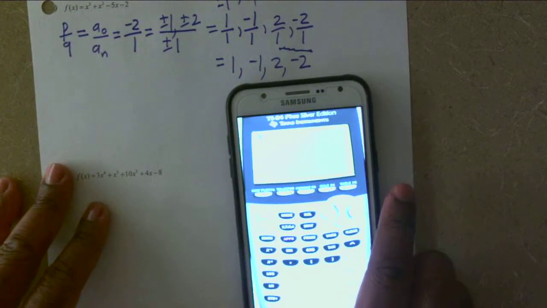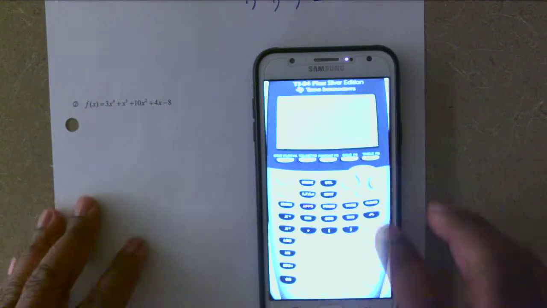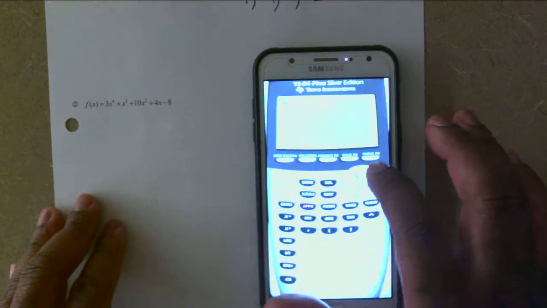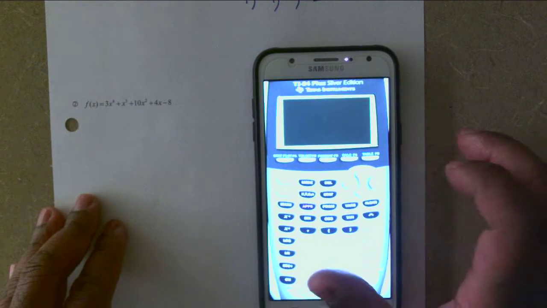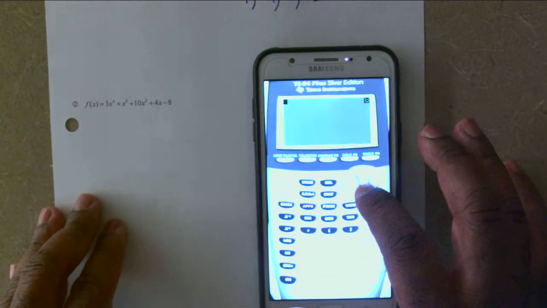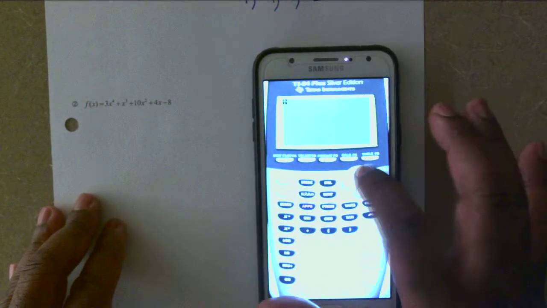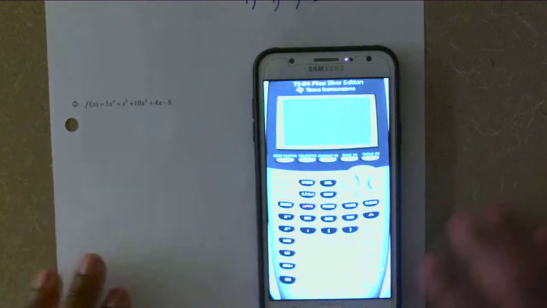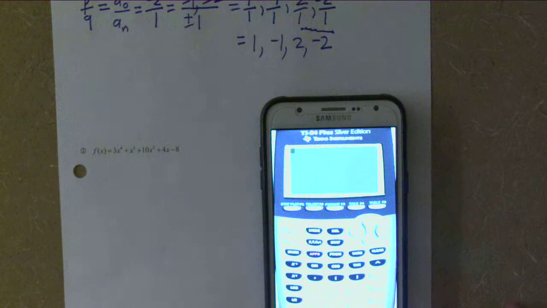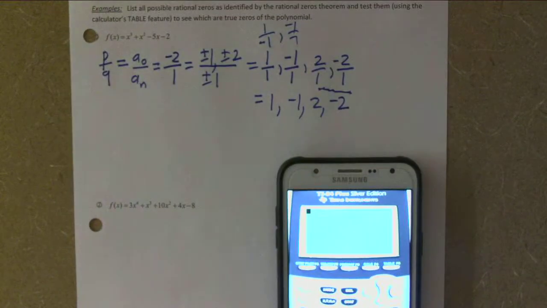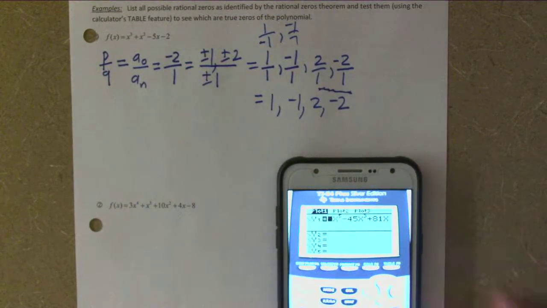Now this may not come out too good. Let me see if I can make this look a little better. No, it's too dark. Okay, maybe 8. Yeah, I think that's better. Okay, so now what we need to do here is first go to our y equals and type in the